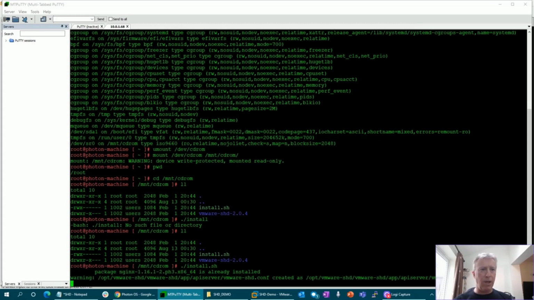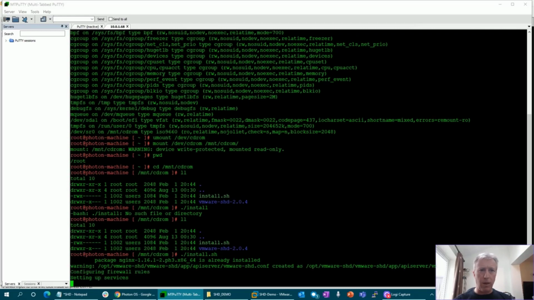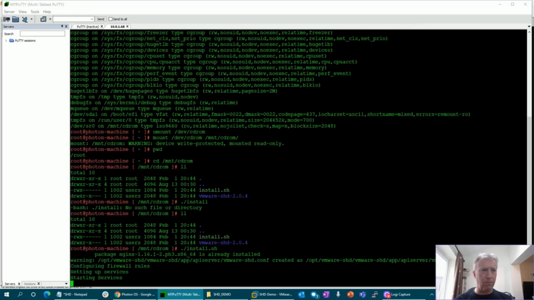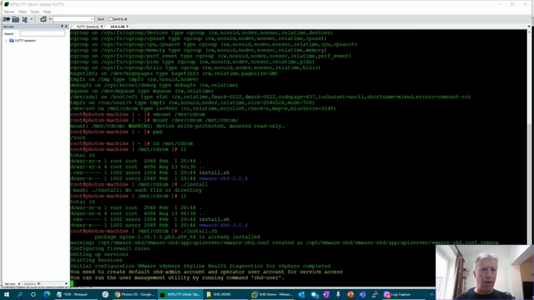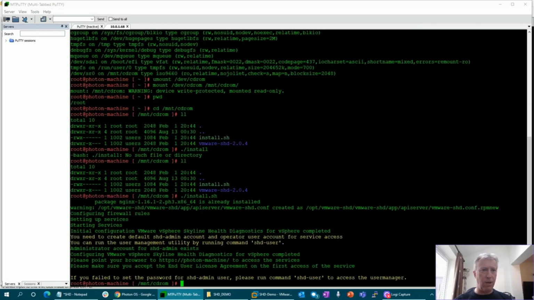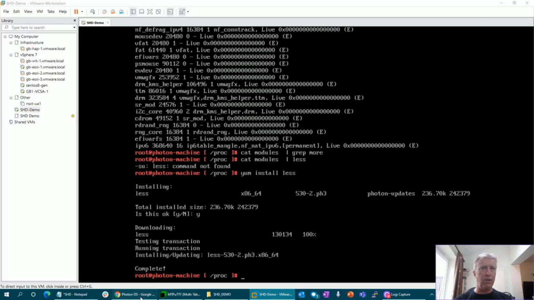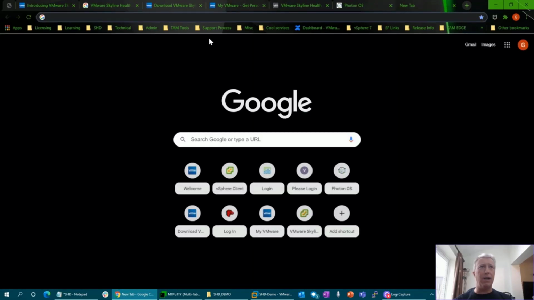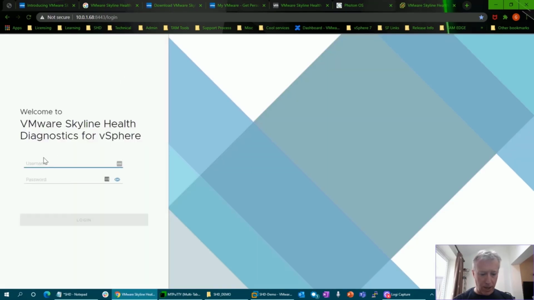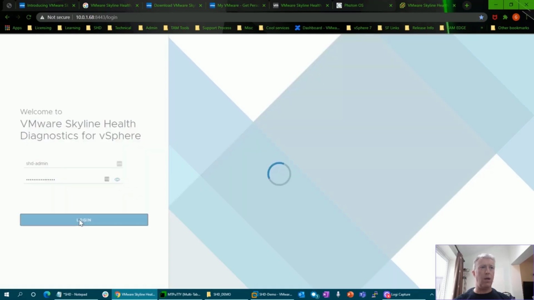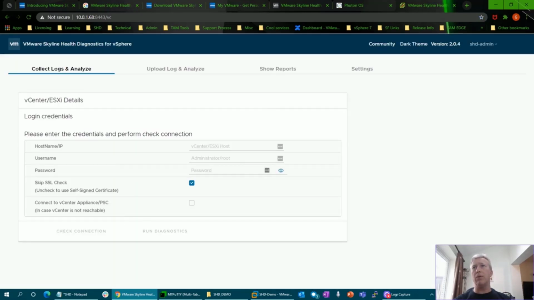There we go. So it's showing me the Nginx is already installed. It gives me a warning. It's a new one. And it shouldn't ask me again. No, it hasn't asked me again. So now we have 2.0.4 installed. Go back to my browser. So I'm bouncing around a little bit, but log in again. And there we go. Now we've got 2.0.4, and I see we've got some themes brought in